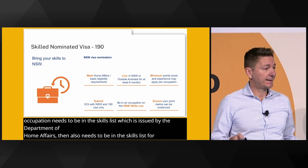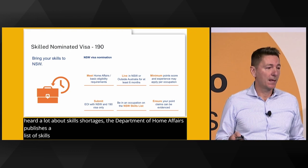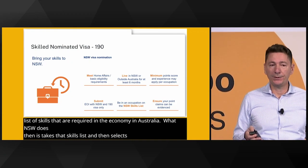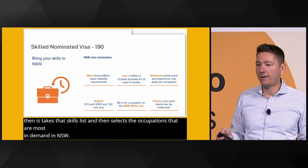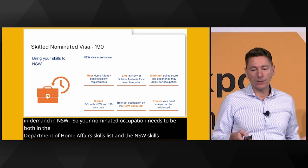So you've heard a lot about skills shortages. The Department of Home Affairs publishes a list of skills that are required in the economy in Australia. What New South Wales does then is takes that skills list and then selects the occupations that are most in demand in New South Wales. So your nominated occupation needs to be both in the Department of Home Affairs skills list and the New South Wales skills list. If you meet that criteria, you are eligible